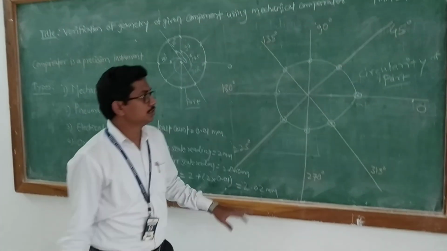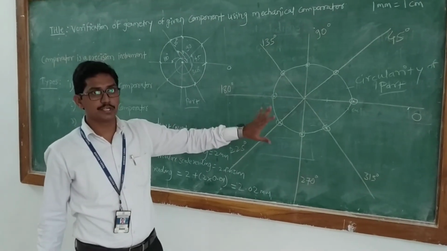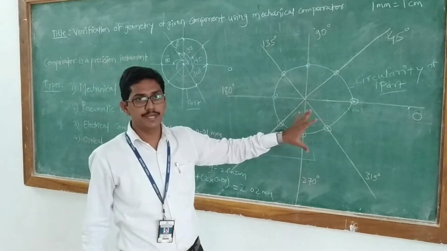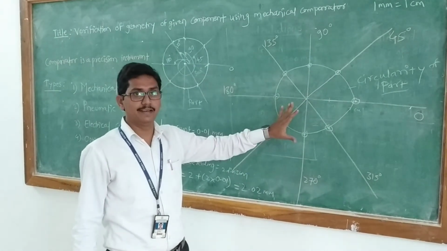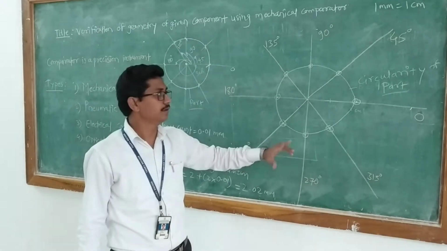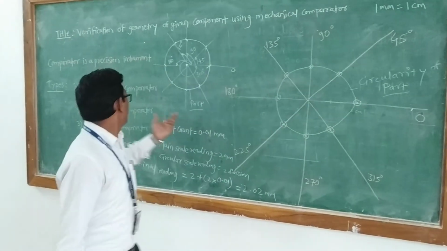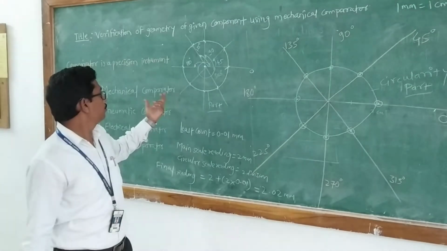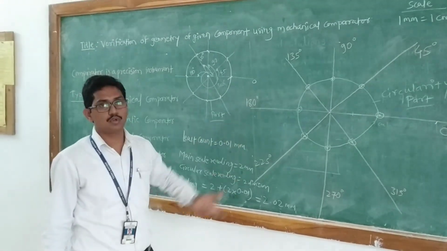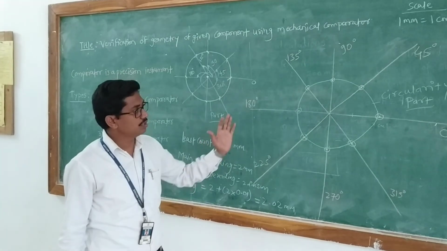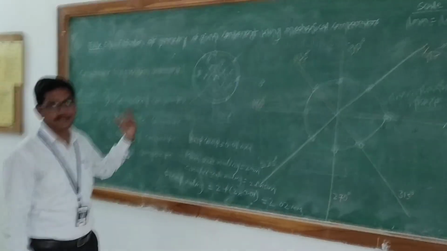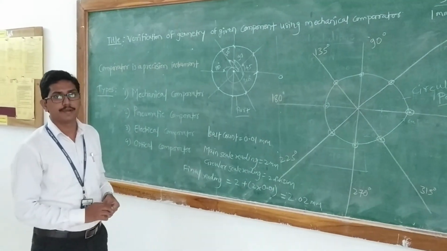This was the systematic representation. But in industry, what happens? For any large variation, the component is rejected. For any small variation that is acceptable, the component is accepted. By using this comparator, we can reduce the measurement time and also the cost of measurement. So for a number of parts, we can use this kind of measurement technique by using a mechanical comparator. Thank you.